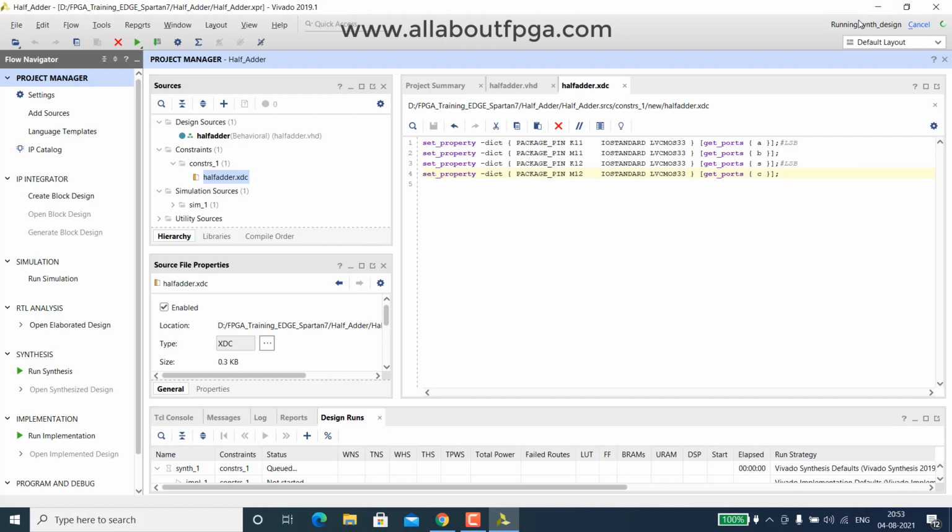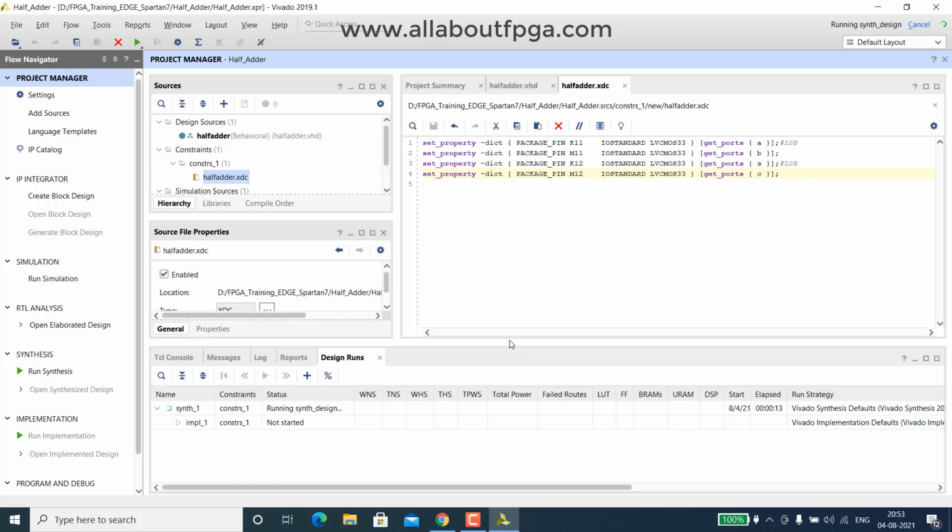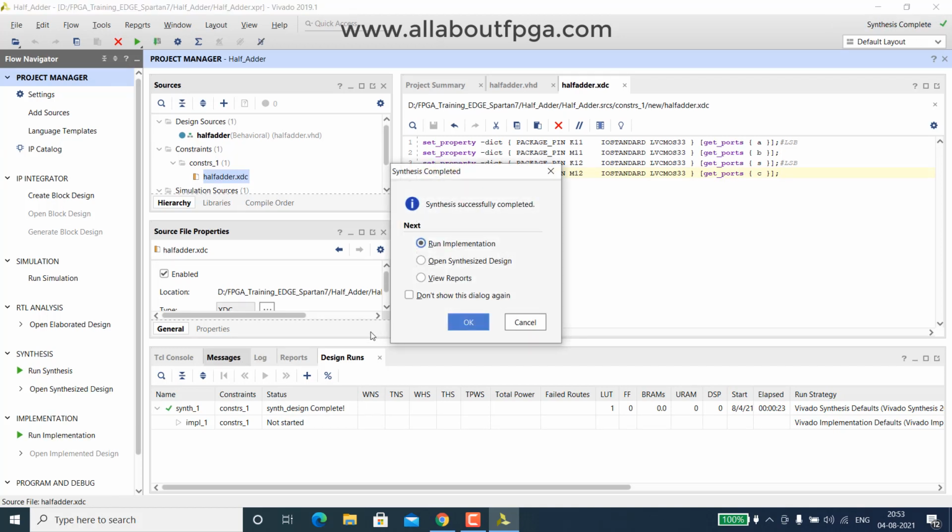At the top right corner you can see whatever process is running, that is, running synthesis design. At the bottom you have the option to view what is happening. If there is any error or warning, you can see the details in that window.